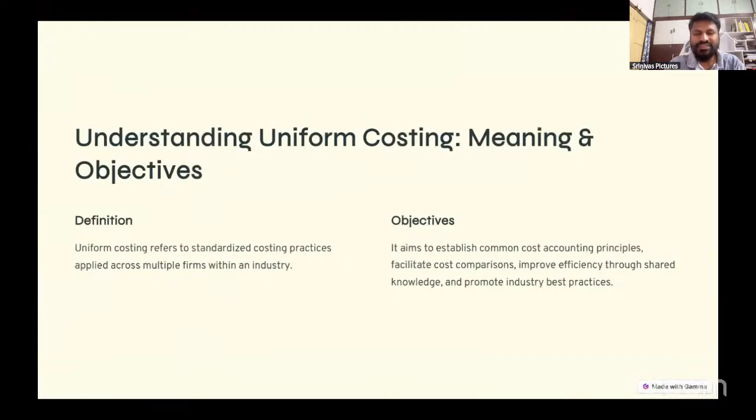So what is the major objective of this costing? It aims to establish common cost accounting principles among different firms, facilitate cost comparison, improve efficiency through shared knowledge, and promote industry best practice. So this is the main objective. The purpose of uniform costing is to establish common cost accounting principles, facilitate cost comparison, improve efficiency through shared knowledge and promote industry best practice. For this purpose we are going to use